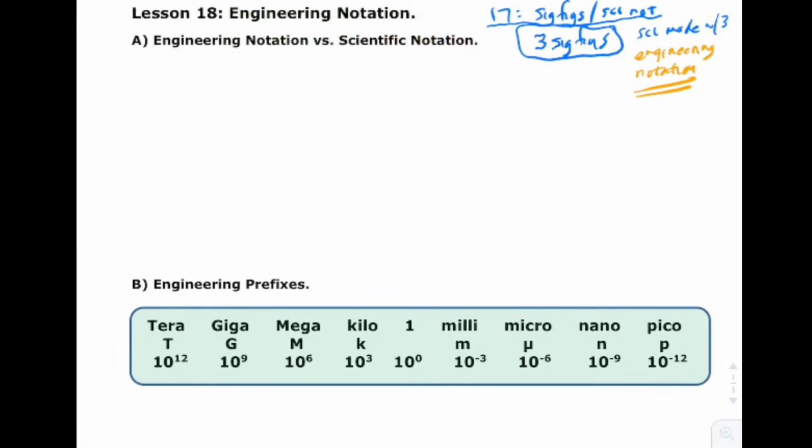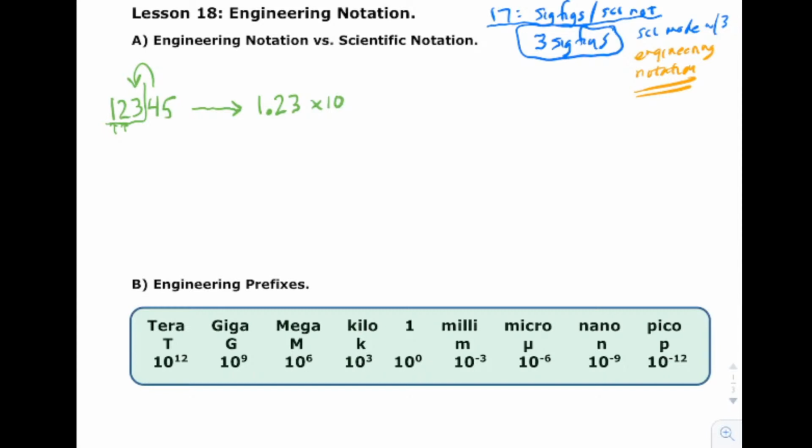Here's a nice number. 1, 2, 3, 4, 5. 12,345. That's just standard form, normal form, whatever you want to call it. If you want to go to scientific notation, remember what we did? We put the decimal right after the first digit. So the first digit's a 1. You put the decimal right between the 1 and the 2. And so you go 1.23. And since we're going to round to 3 sig figs, you look at the 4, and the 4 says, oh, round down. So I'm going to leave it as 1.23 times 10 to the,